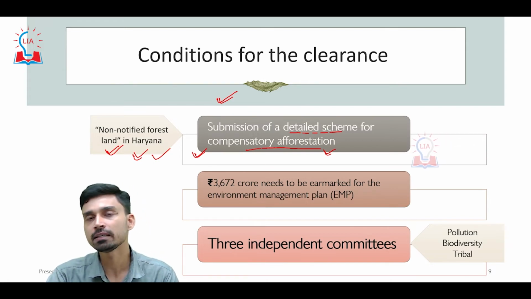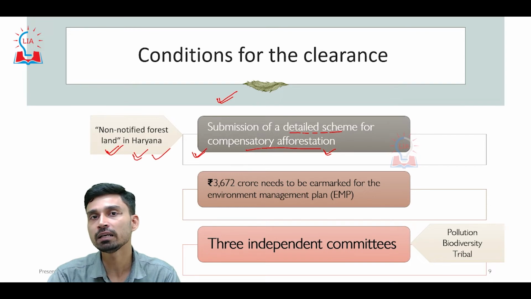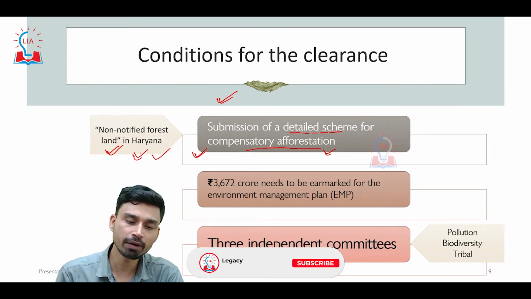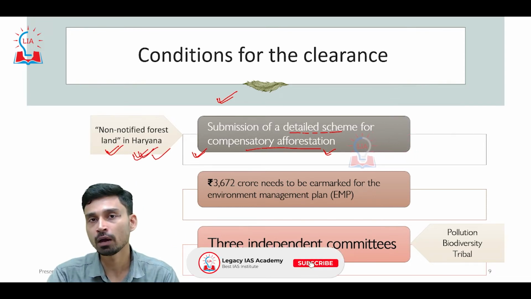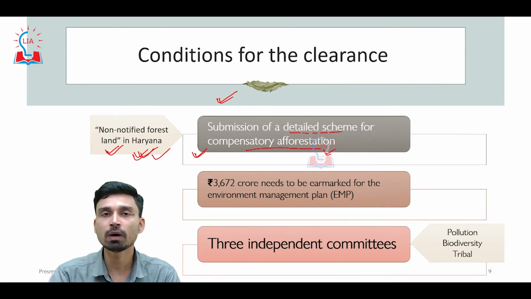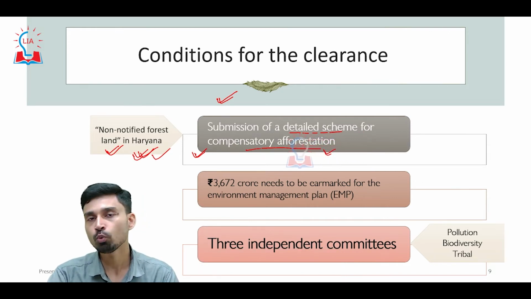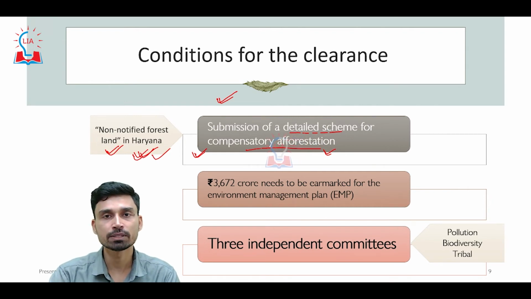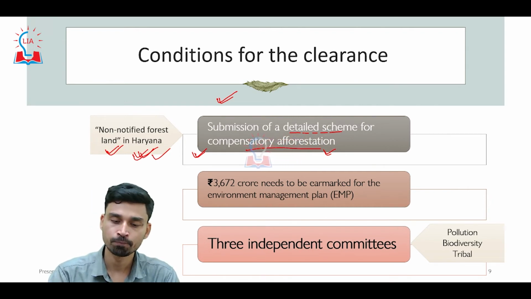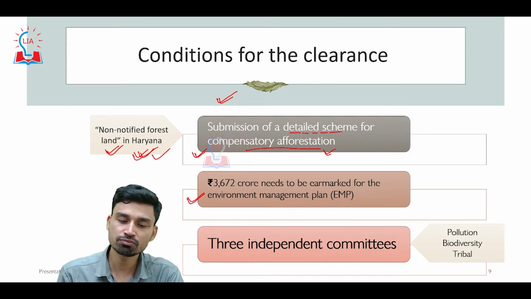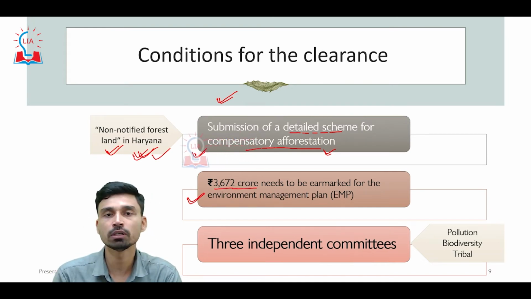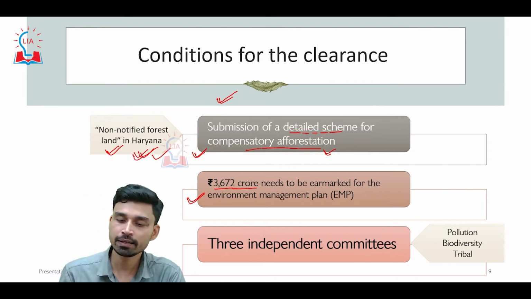However, as per the recent report submitted under the environmental impact assessment, it has been clarified that rather than Haryana, it is now the state of Madhya Pradesh where the compensatory afforestation for the Nicobar project will be carried out. So we'll have to watch and see what exactly happens as far as this particular aspect is concerned. Apart from that, the Environment Ministry has also clarified that rupees 3,672 crore have to be earmarked for